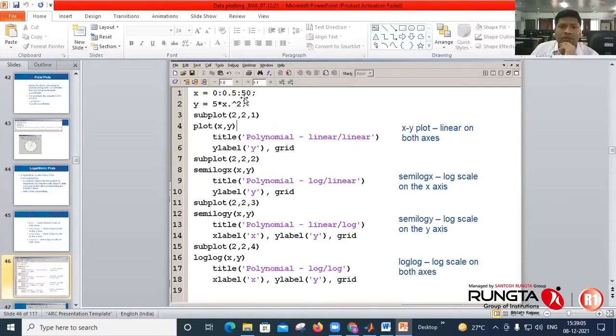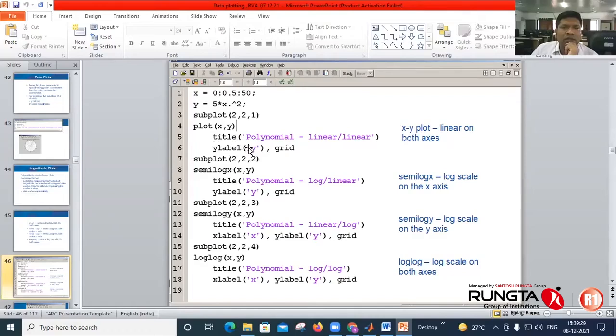For example, I have taken x and y. Then to differentiate it, I am using subplot with 2 rows, 2 columns. In first position, I am plotting x and y. Okay, so plot means linear x, linear y. So there will be linear on both axes.